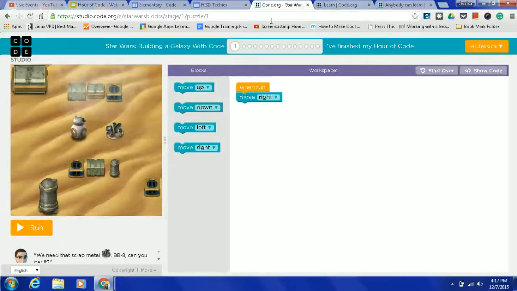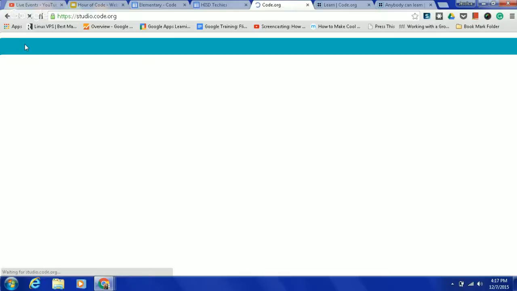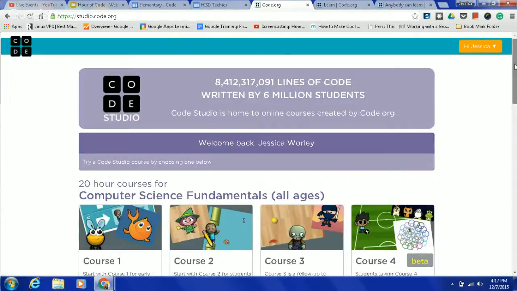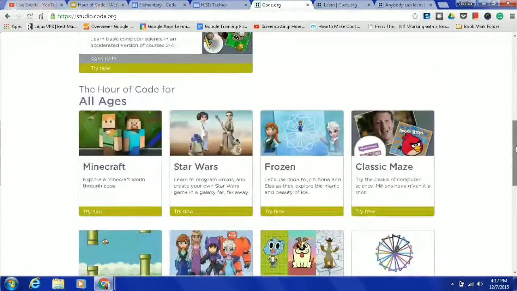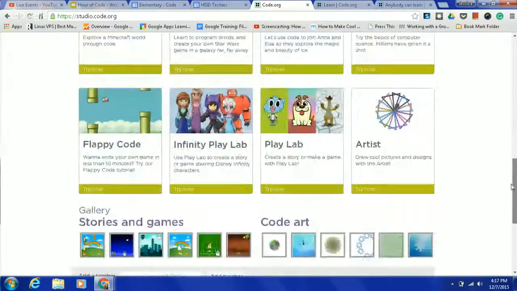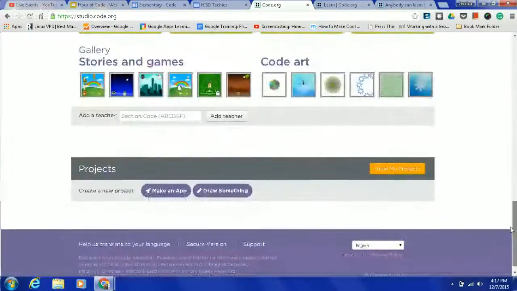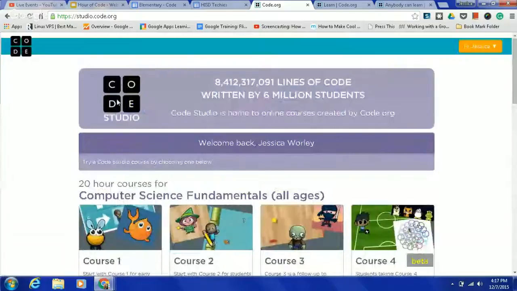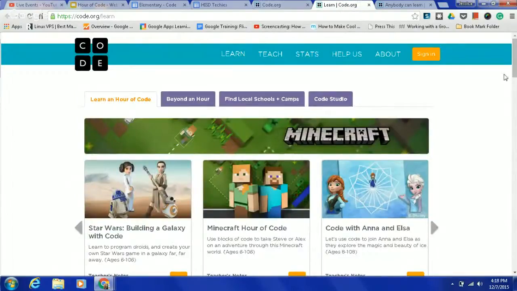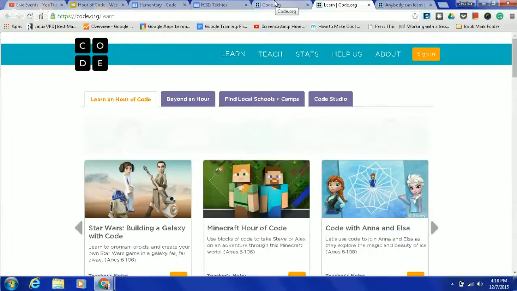So I'm going to leave the Star Wars, and I'm going to go back to the Code Studio. So you ask yourself, okay, this is great, but what if my kids don't have a computer, right? So let's look at that. And I'm going to go here. So if I go back to the main code.org website,